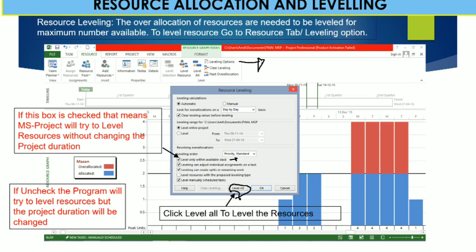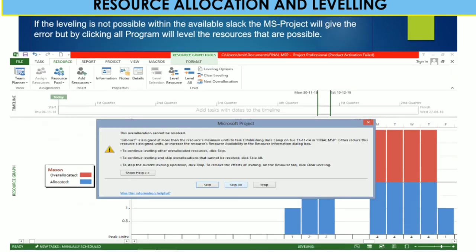Based on the code already prepared by Microsoft Project, you can click all these boxes and then level all, and Microsoft Project automatically levels your project resources. If the leveling is not possible within the available slack, Microsoft Project will give an error; by clicking level all, the program will level the resources that are possible.